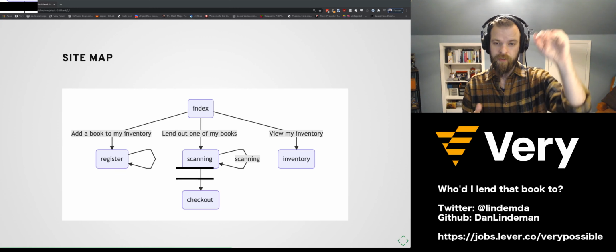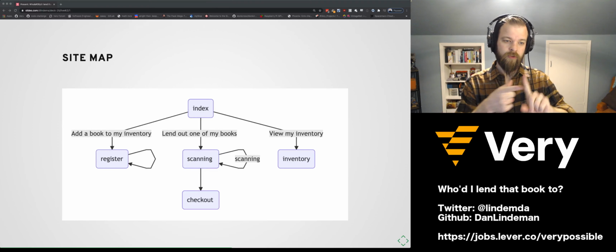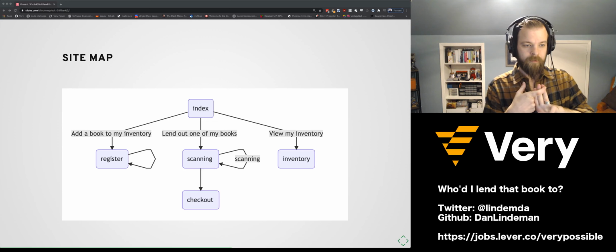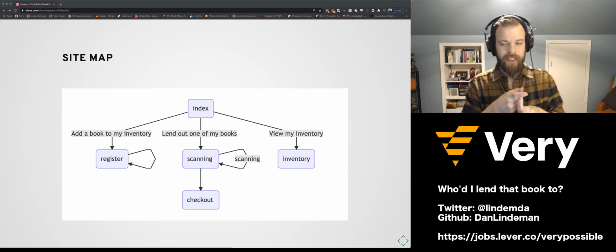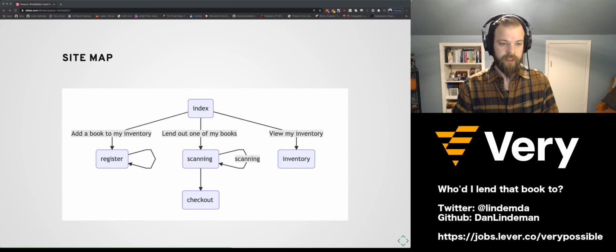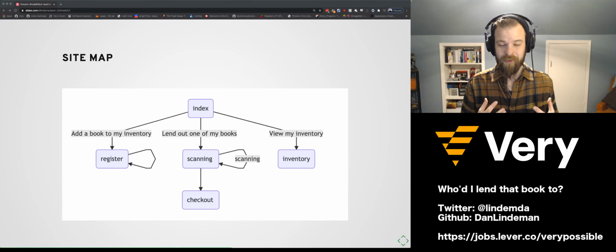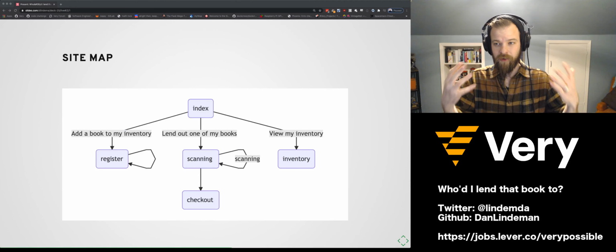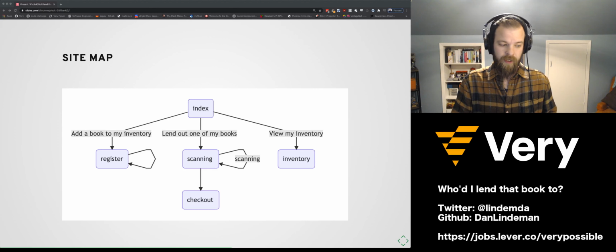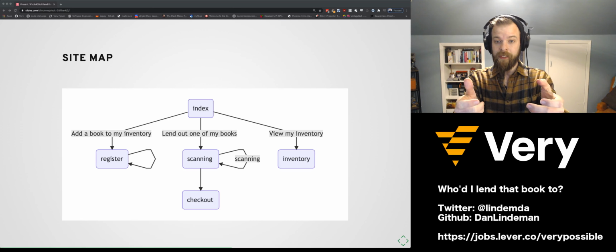The top level node here, the index, is going to have 3 links that go to register, lend, and my inventory. I'll quickly go over index and inventory because they don't really have any of the IoT goodness with them. But inventory is actually the one that I care the most about. The problem I was trying to solve was that I will buy a book and love it, and then as soon as I'm done with it, I want to lend it out to somebody.